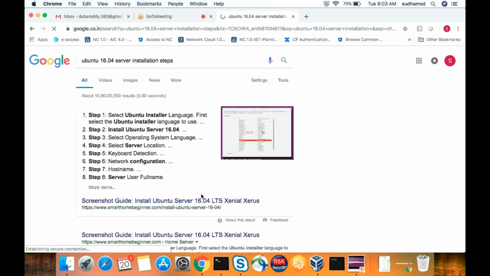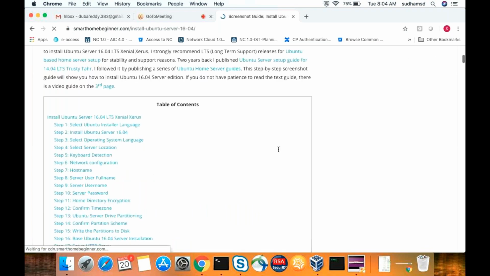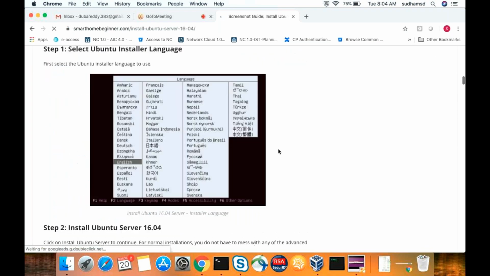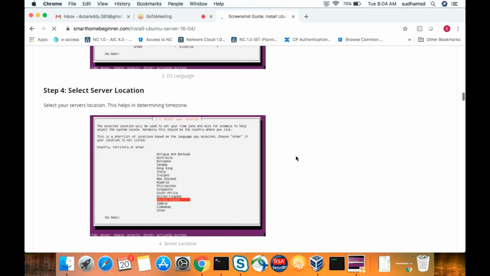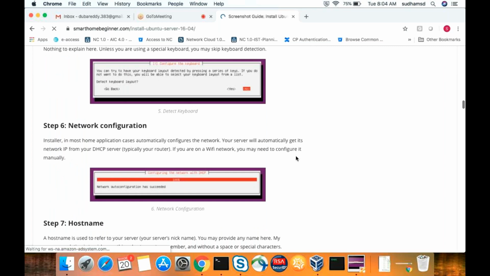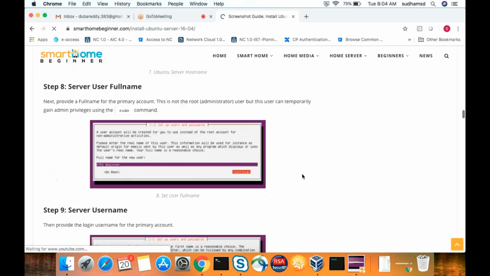I just want to give you the screenshots which someone has already created on the website. I'm seeing whether they are following the same thing or not. If that is the case, then I will give you the same link. Set full name, password.